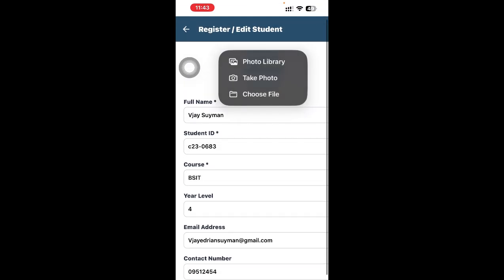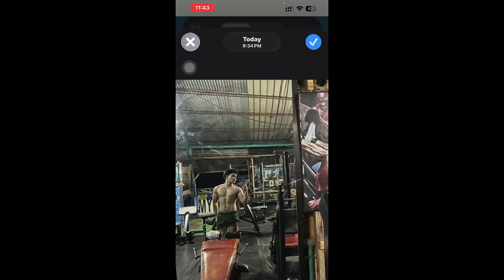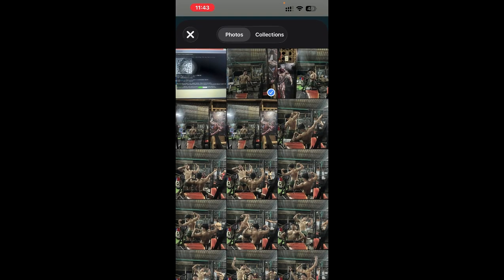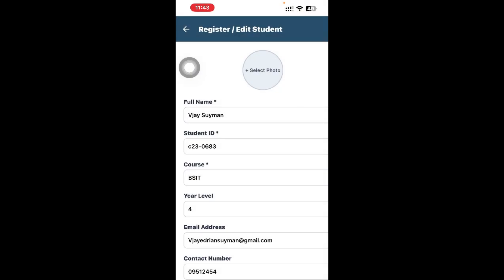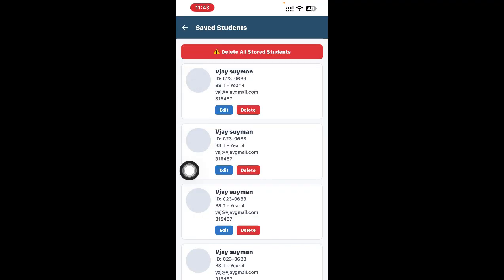Then we can also select a photo. So after we select, we can see here the saved student, Arabis IT4.